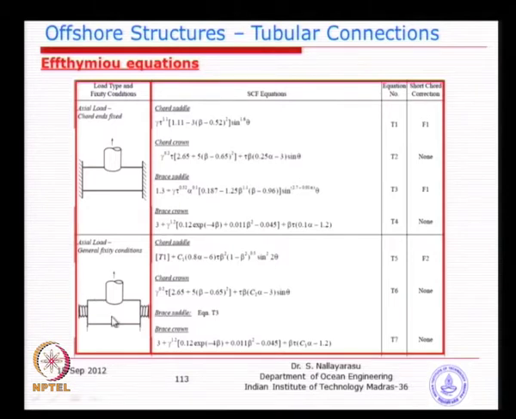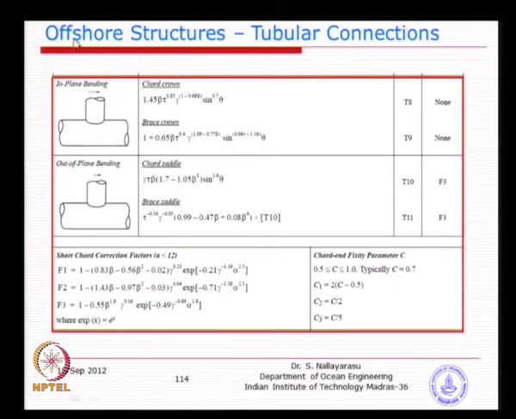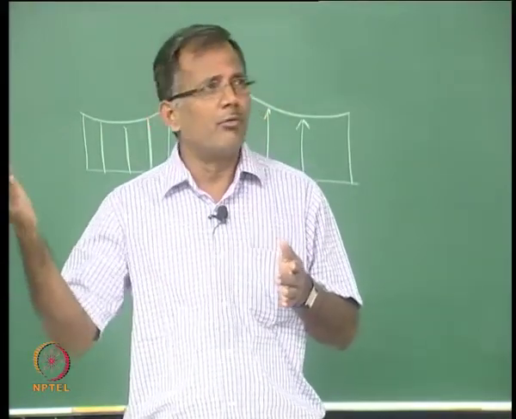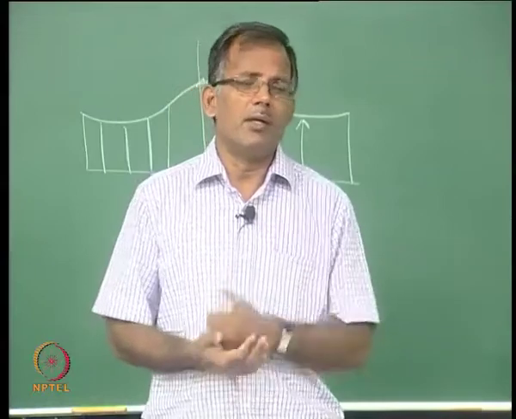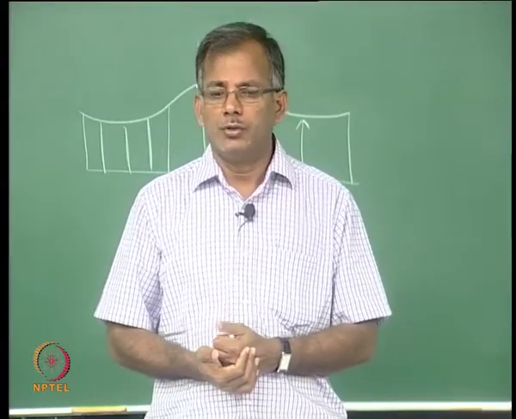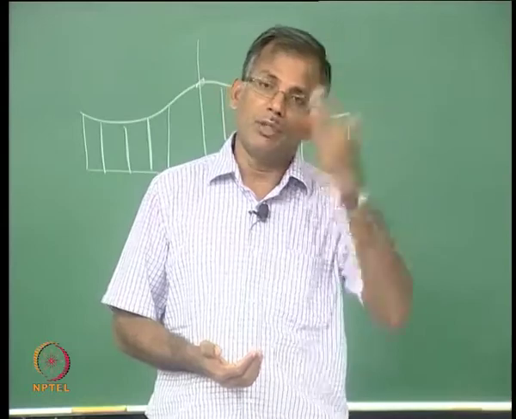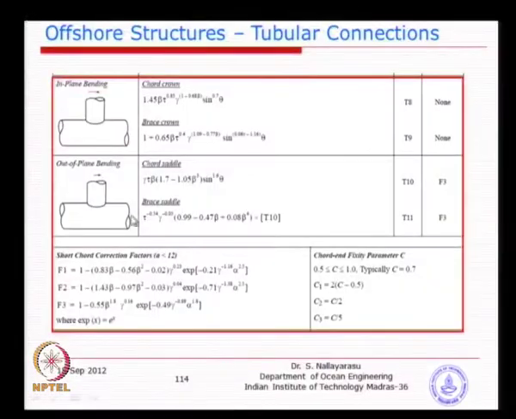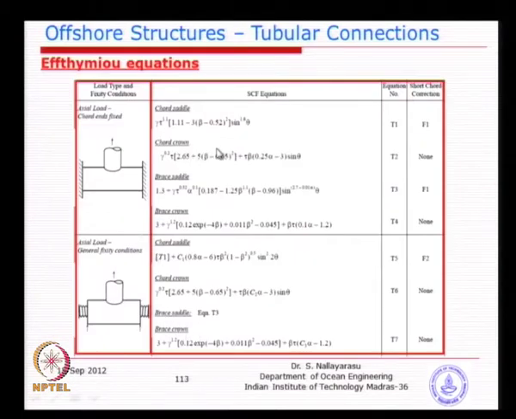If you go to the next, you will have in-plane bending and out-of-plane bending. Now you see here we saw one simplified SCF table, very simple: alpha times A, 2/3 of A and 3/4 of A. A is a simple empirical coefficient to be calculated. That was the equation originally proposed several years back for simple joints. Now, after so many studies, the equations for SCF have been elaborated so much. In fact, if you look, there was no differentiation between chord and saddle.